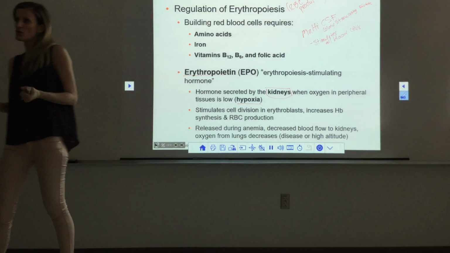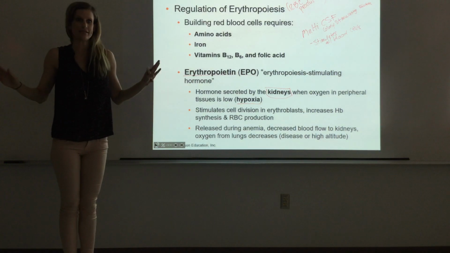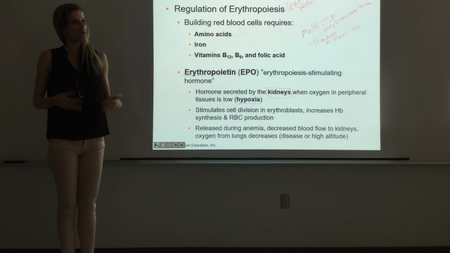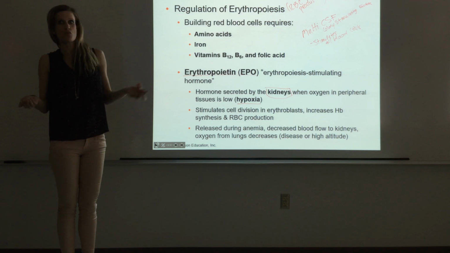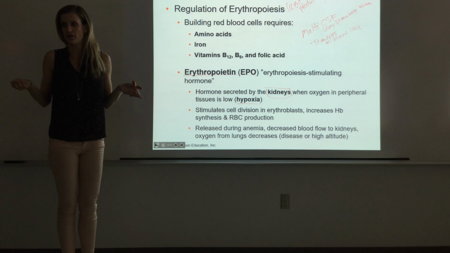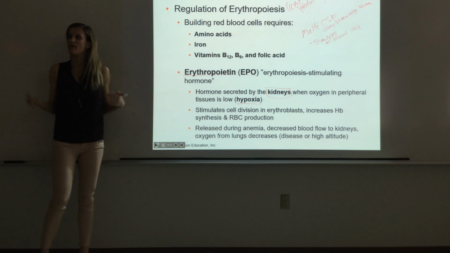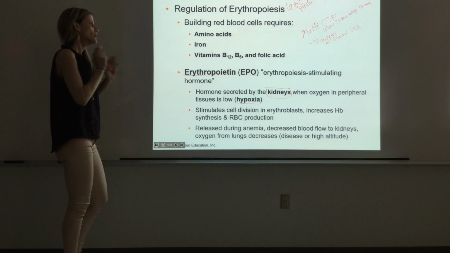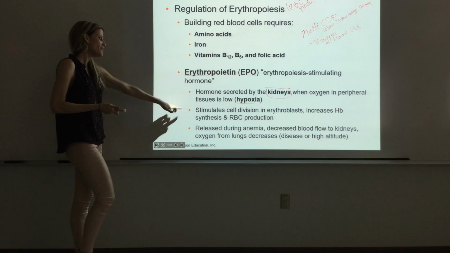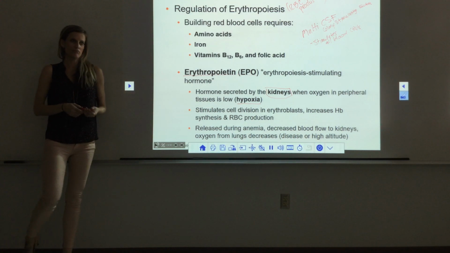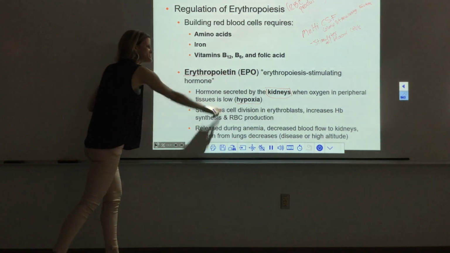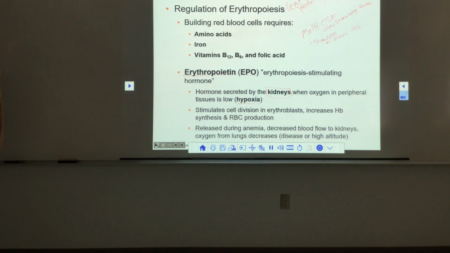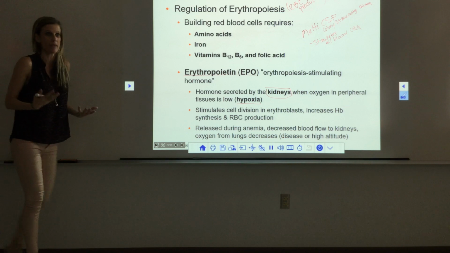When we don't have enough oxygen going to the kidneys, they think, wait a minute, this is not okay. If I'm not getting enough oxygen, nobody else is getting enough oxygen either. So we need more oxygen. How do we get more oxygen? Well, let's increase the way we deliver it. Let's have more red blood cells, and maybe that will help us deliver more oxygen. So when the kidneys aren't getting enough oxygen, they release erythropoietin, and then that stimulates red blood cell production. So along the whole chain, stem cell division, hemoglobin synthesis, and just overall,